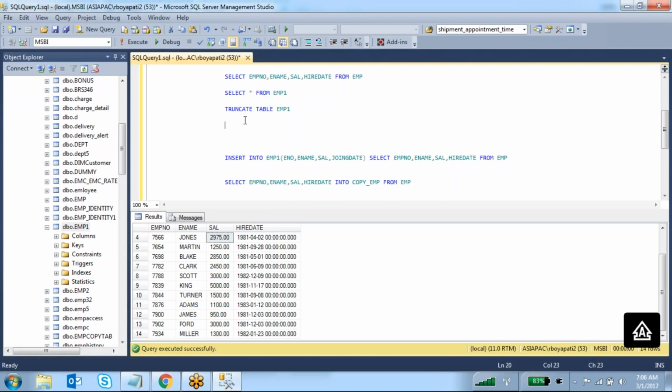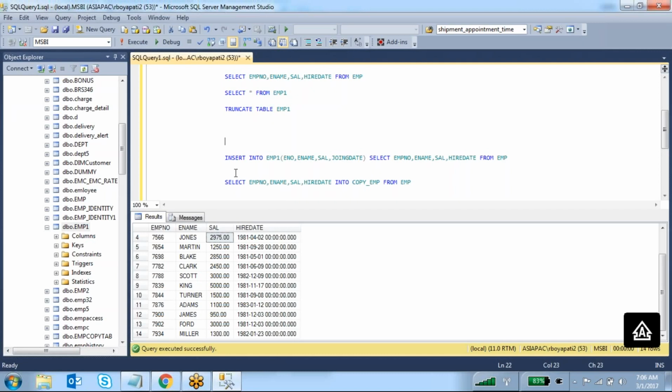Sometimes, when you are going to truncate table data, it is always better to first create a same kind of table, a backup table, and then you can truncate the data. Because after you truncate, if you want to revert back, you can't.